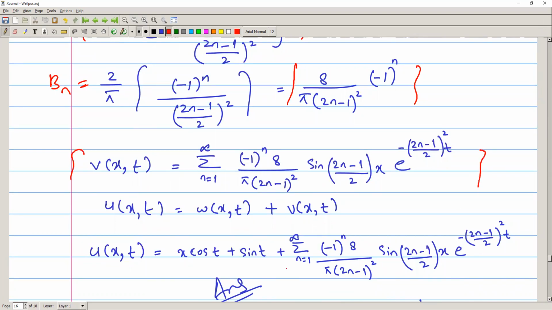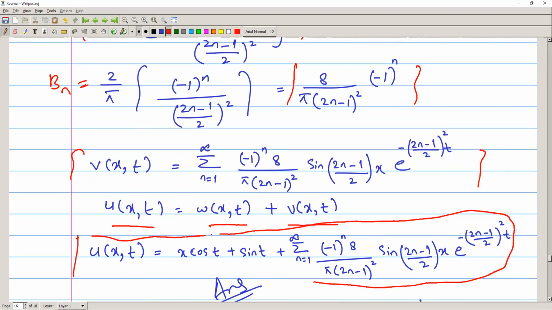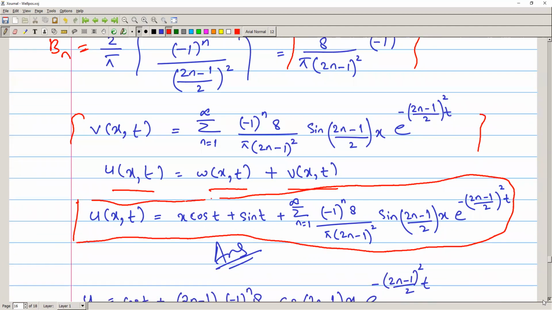So here we did that. Therefore, now u of xt is equal to w of xt plus v of xt, right? W of xt is x cosine t plus sine t, and v of xt is this function. Therefore, the particular solution will be this whole function. All right. So this is the answer,